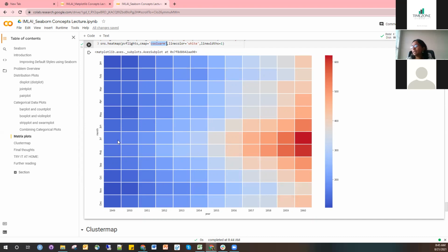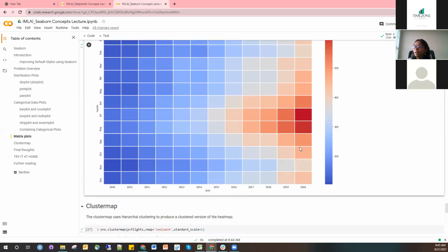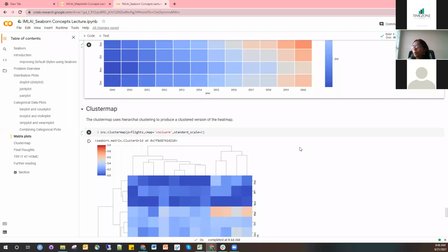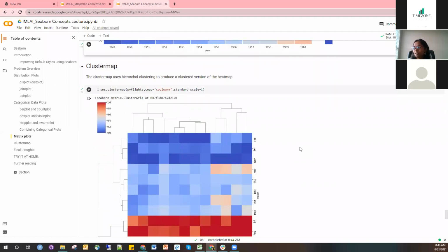So each year, if you see, the summer season has been the highest, and the rest of them are the lowest. And in this, again, higher than the past years, but within that year, again, summer is the highest. That's the information you can glean from such maps. One more possible Seaborn map